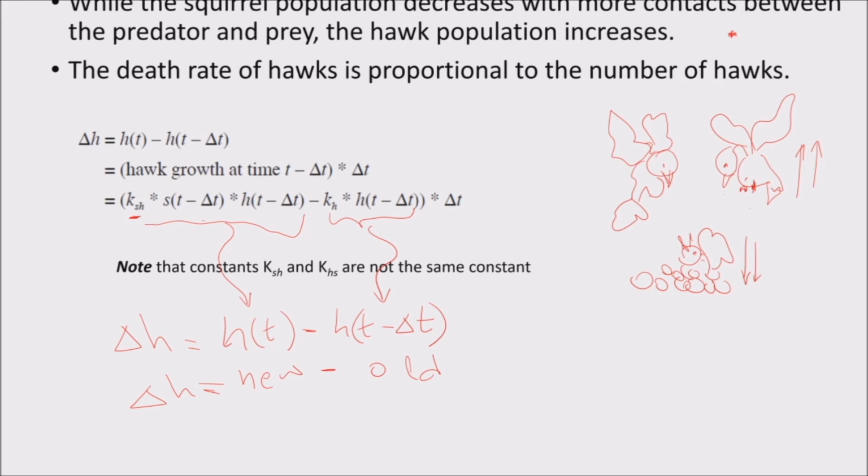So these are the predator models. The predators have this kind of behavior in their change in population, right? But the prey has it reversed, right? So those are very important things to notice, and of course this one and this one as well. Okay, so let's move on. I hope you understand this concept.